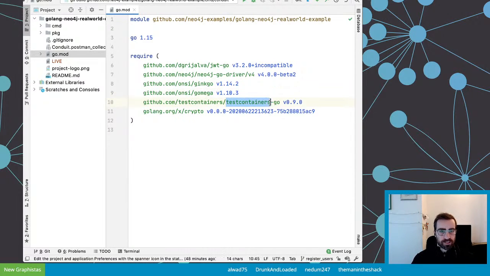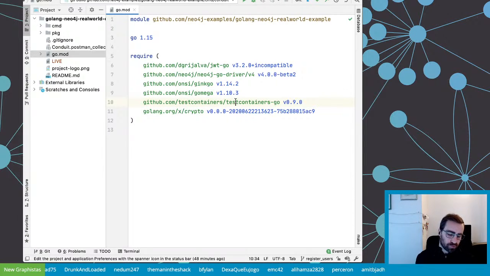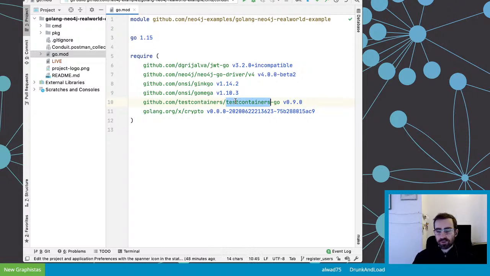And finally, Testcontainers is a family of projects that helps you interact with Docker images very nicely. I think the most popular one must be the Java Testcontainers project, which is very handy. In Golang, we have several options. We have the luxury of being able to use the Docker API directly if we want to, because Docker is written in Golang, so nothing prevents us from using Docker directly. I like Testcontainers because the API is quite nice to read and easy to discover. That's my personal preference here.